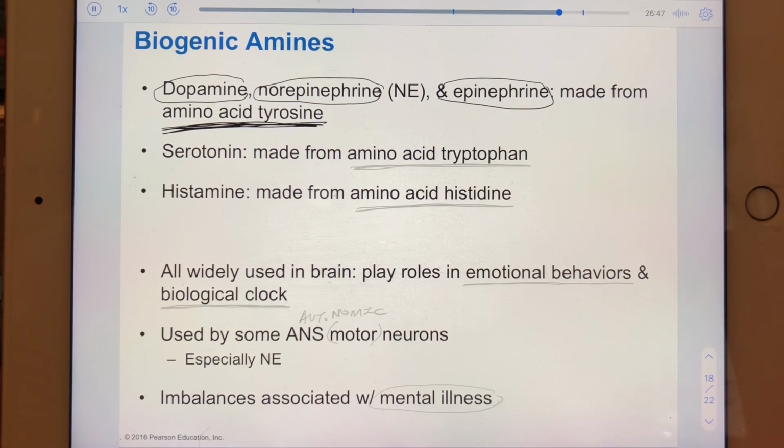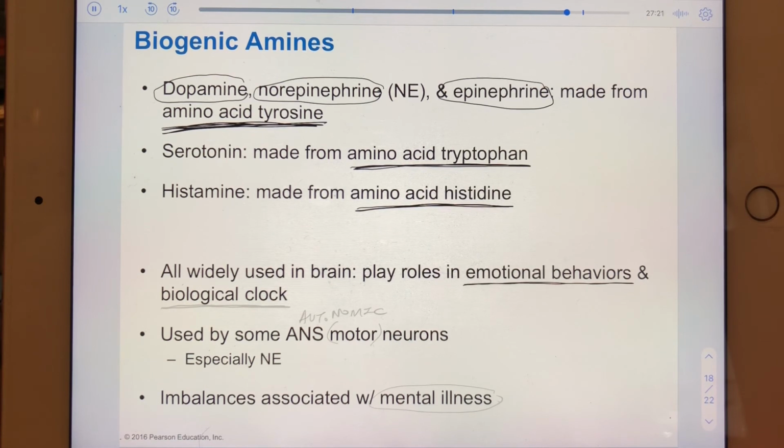Okay, these three. Serotonin is another biogenic amine, but it's made from the amino acid tryptophan. Histamine is another biogenic amine, but it's made from the amino acid histidine. How many times have I asked students which amino acids make which biogenic amine? Never. Okay? But I would like for you to know that biogenic amines tend to play roles in